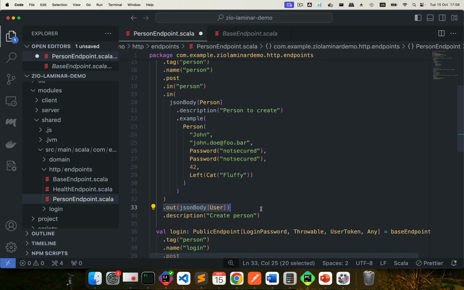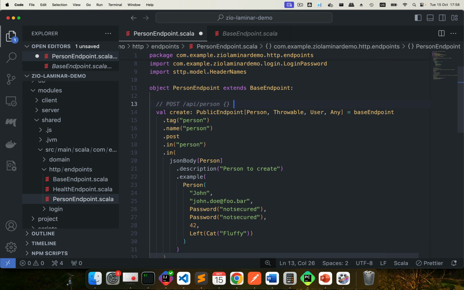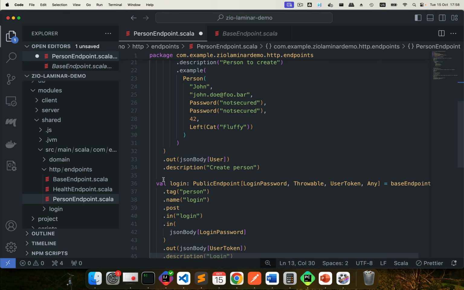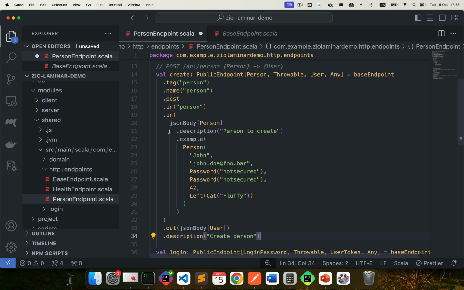Out a JSON body, user. So this is going to give us back a JSON body of type user. So this is going to be a user, and the input is going to be a person with all their respective fields. Description: create person. All these descriptions and examples are useful for the Swagger API descriptor,